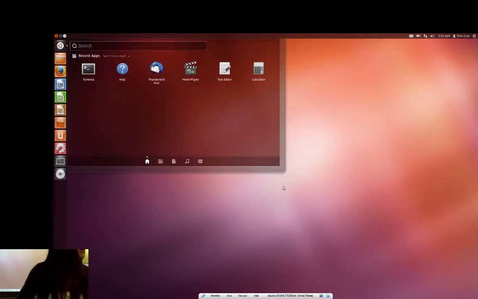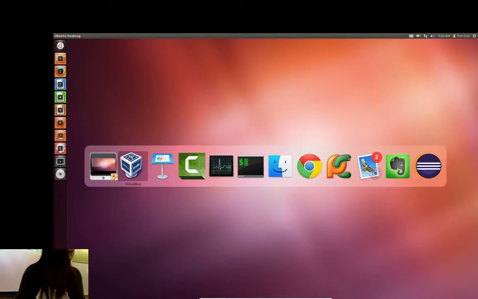All right, so once you have this, this is actually a fully functioning Ubuntu machine. It's not something that doesn't do anything and just looks like Ubuntu. No, it's not. It's an Ubuntu machine, and it has all the features of Ubuntu that you can use. All right, so this is a demonstration.